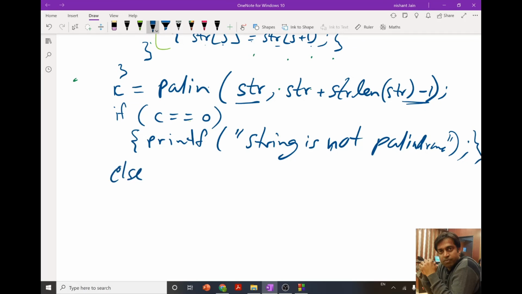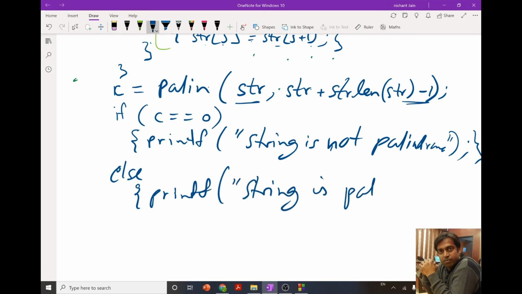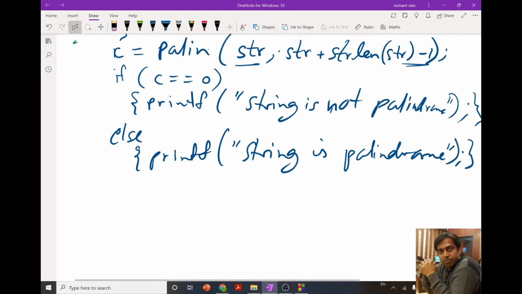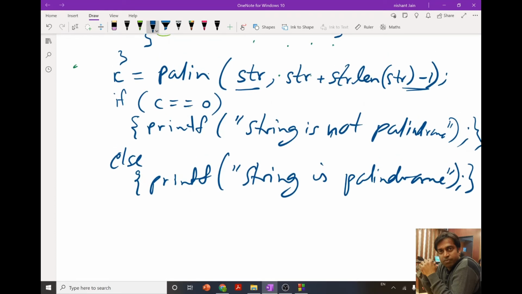Else I will print string is palindrome. Okay, so I will just check this C. If the function has returned the value 0, then it means that our string is not palindrome. If the function has returned the value 1, then it means that our string is palindrome. And this will be the end of our